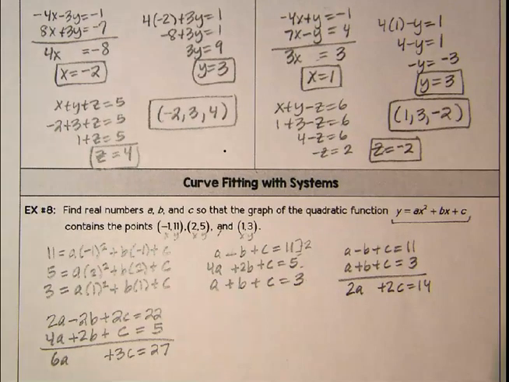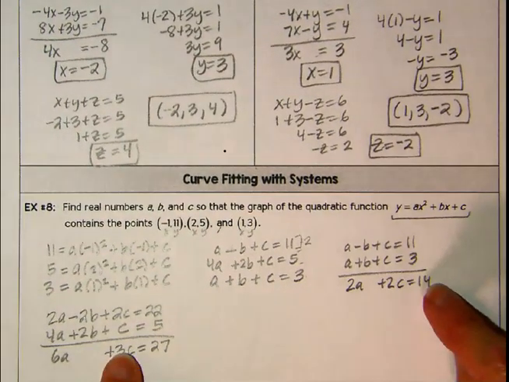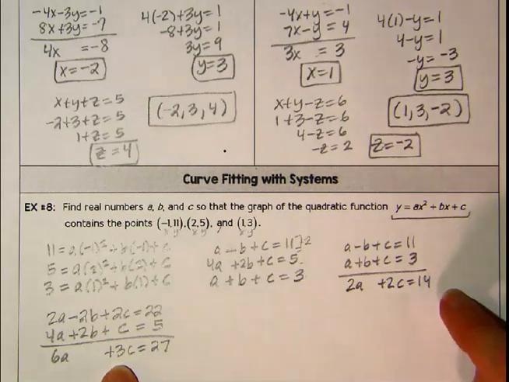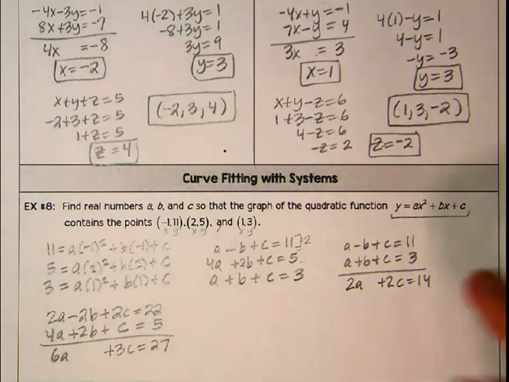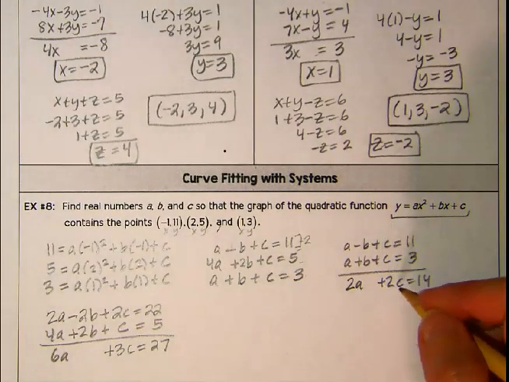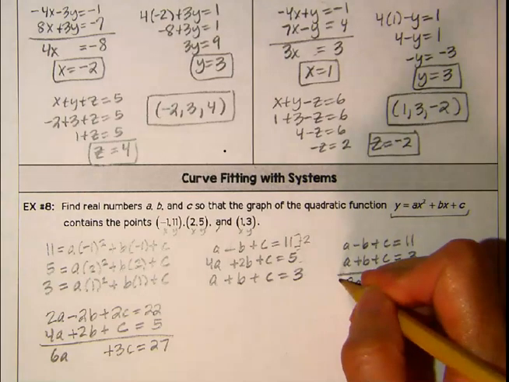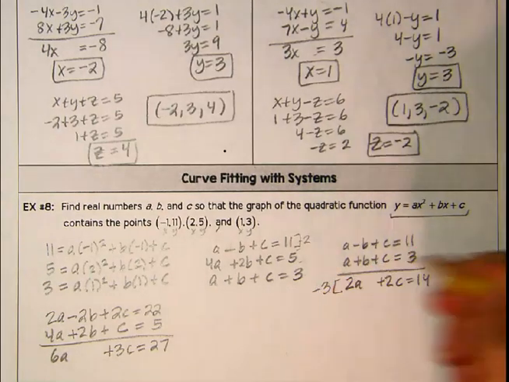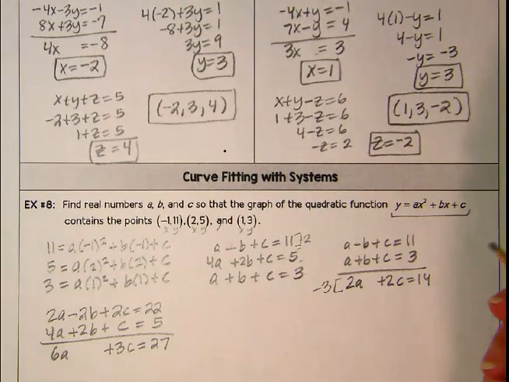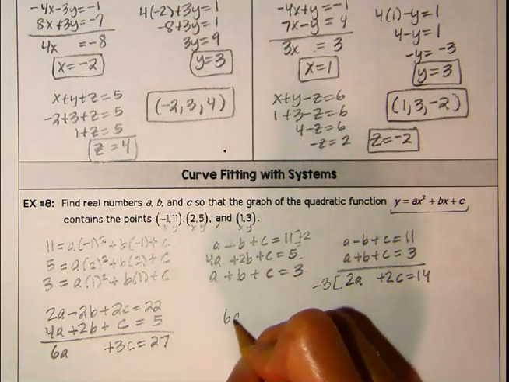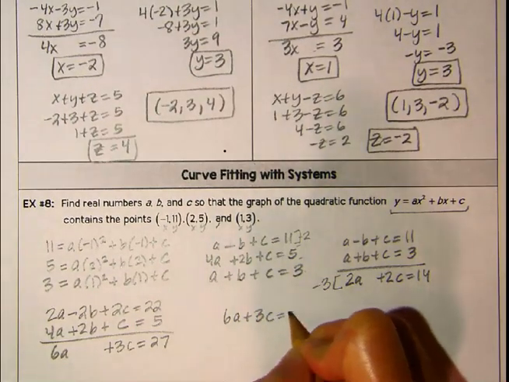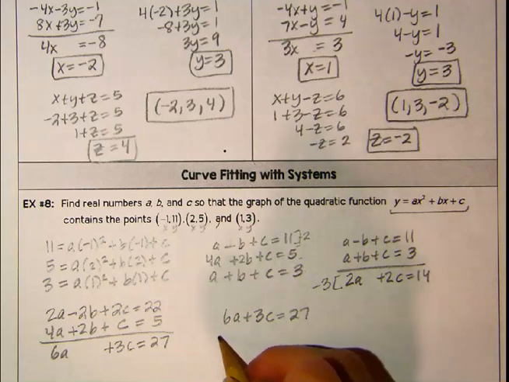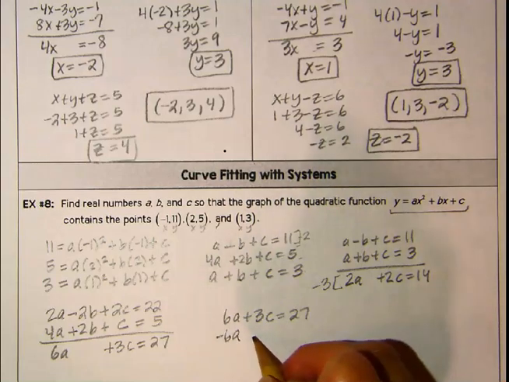Okay, so now I'm taking these 2 equations and which one do you want to do? Yeah, I would do a also, because if I did c, I'd have to multiply both of them by something. But if I do a, I can just multiply this one by -3, and then I can get them to cancel. So this 6a plus 3c equal 27 is not having to change. The other one, if I multiply by -3,